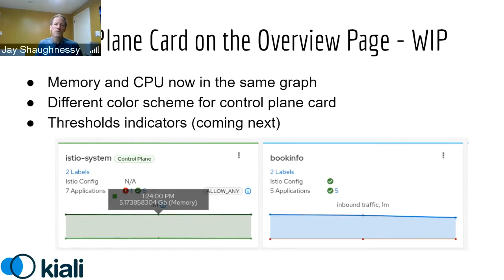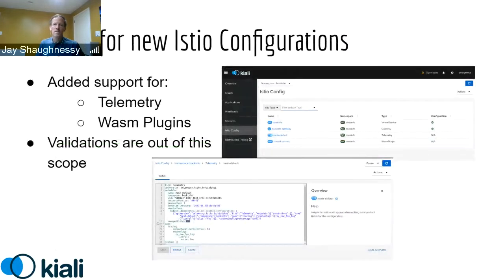One of the things that we're trying to do is to reflect memory and CPU together in a combined chart. That's on its way and should be in the next sprint. A couple other nice little tweaks that Leandro's been working on that particular page as well. So looking forward to enhancements in the overview page. We've also got some nice new support for Istio configurations, and I'm going to hand this one over to Josune. Thanks, Jay. So yes, in this version we have included support for two new types of Istio objects